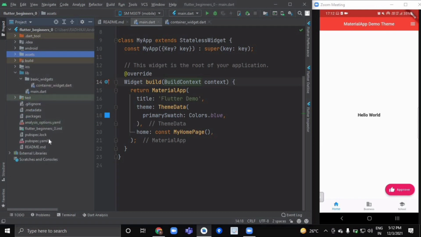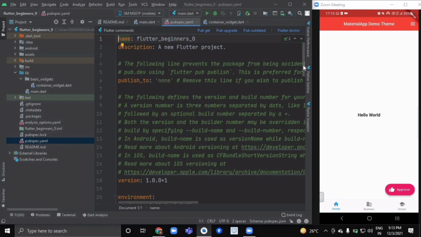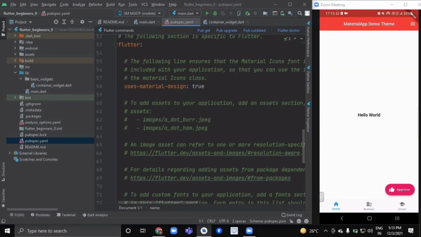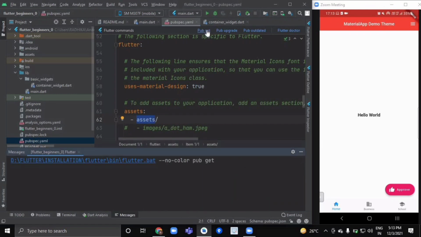Go to your pubspec.yaml file and under the assets section, uncomment it. Press the delete button two times, again two times, and this time simply remove this line and write our assets folder name followed by a slash, so all the content of this folder will be imported for our application. After this, click on pub get.